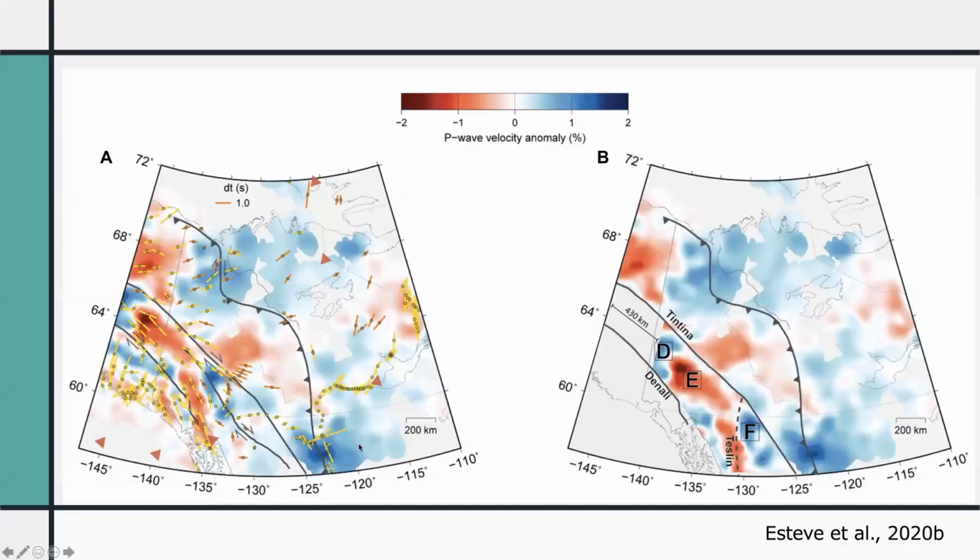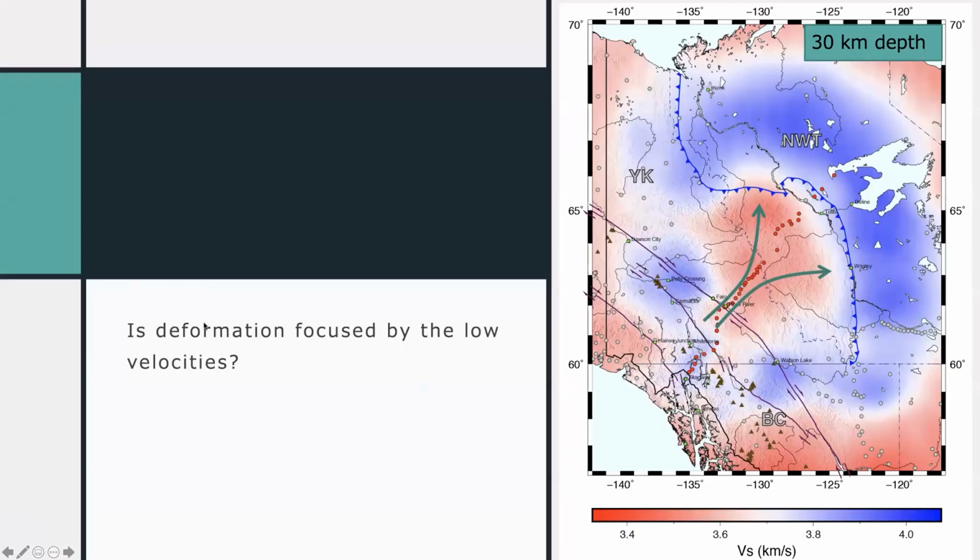And here I show the current velocity variations to the left, and then the velocity variations where we've moved the velocities to the west of the Tintina back by 430 kilometers. And you can see that D corresponds to this velocity variation here. So here to the left, here's D, and here's